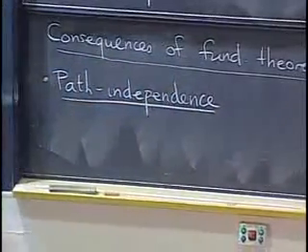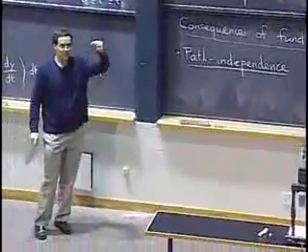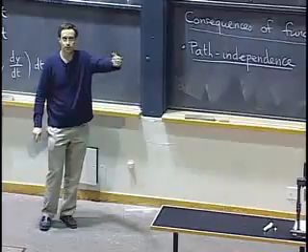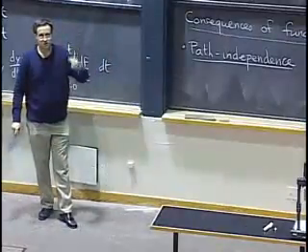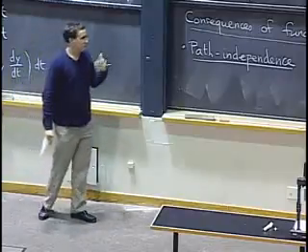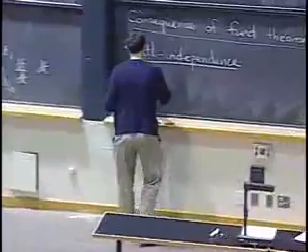The claim is, if I have a line integral to compute, then it doesn't matter which path I take, as long as it goes from point A to point B. It just depends on the point where I start and the point where I end. That's certainly false in general, but for a gradient field, it works.